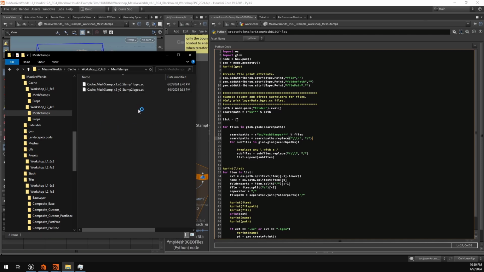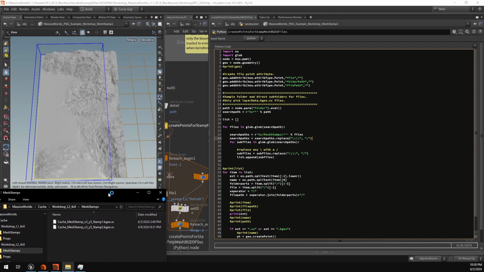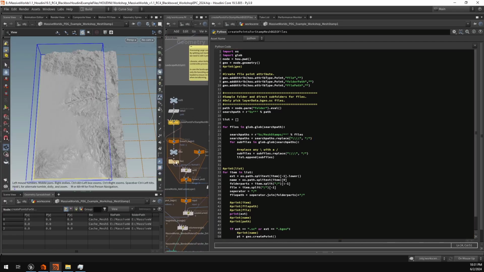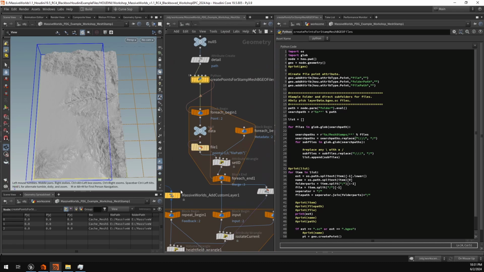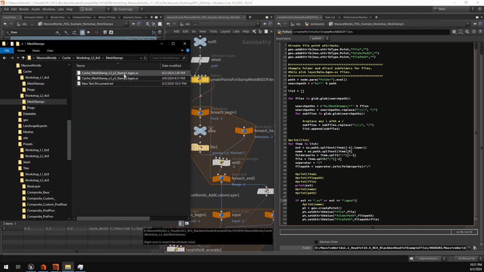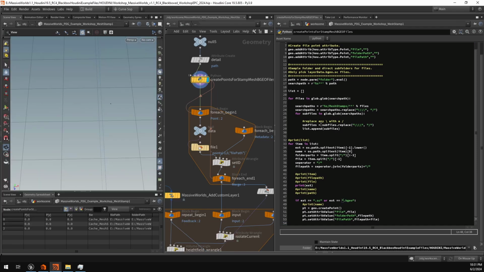Now, that's all good and well, but of course, we do need to filter out for specific files. Because if we weren't to do that, and there was some random file in here, like let's say a text document, then our file node down here wouldn't know what to do with it, and it might error out. So down here at the bottom, I have a simple filter, which is going to look for the extension of the files, and it's going to filter for the .bgo file format and the .sc extension. Since all our files here are bgo.sc files, it should find these guys and accept them, but it will ignore the text file. So if we have a look at that,